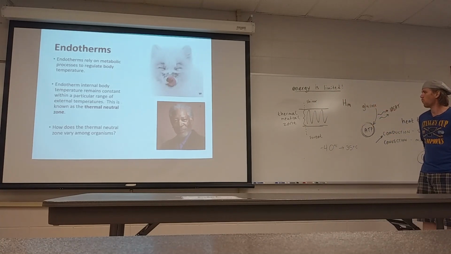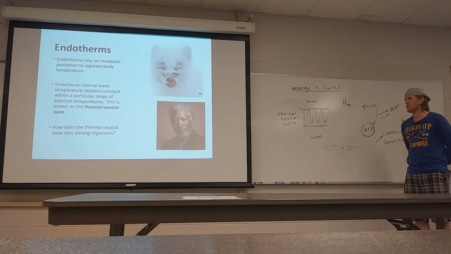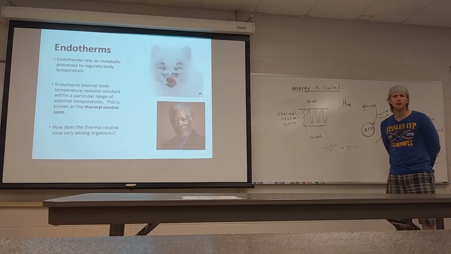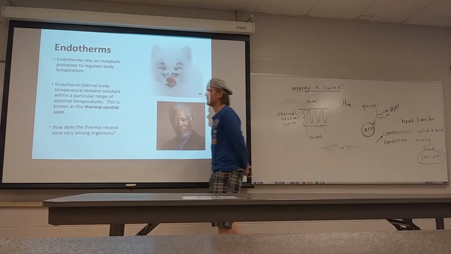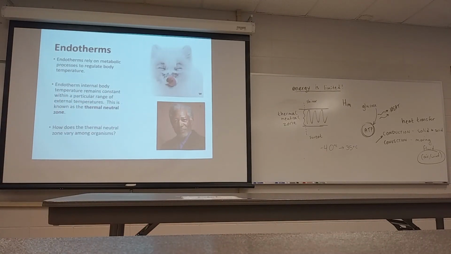Arctic creatures have a much wider thermal neutral zone than you do. They have adaptations in fur, in the amount of blubber or fat insulation that they have. You and I are still a tropical species because that is the origin of humans. So our thermal neutral zone is similar to other tropical creatures. Species that live in the Arctic, though, they have a massive thermal neutral zone, right? Way bigger than ours. And so they don't have to worry about getting cold in the same way that you and I do, unless it's below negative 40 degrees Celsius.